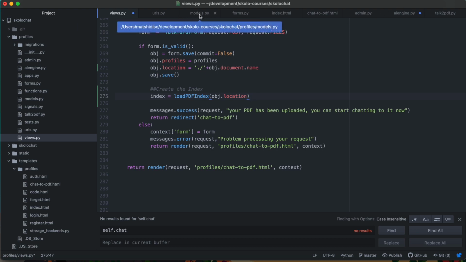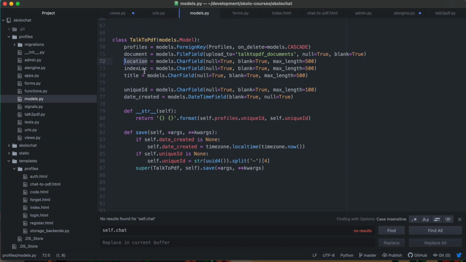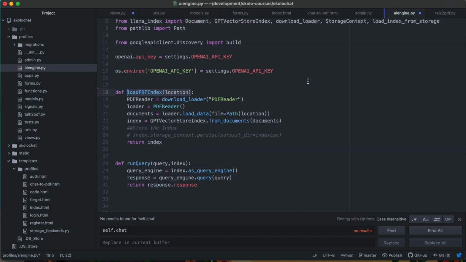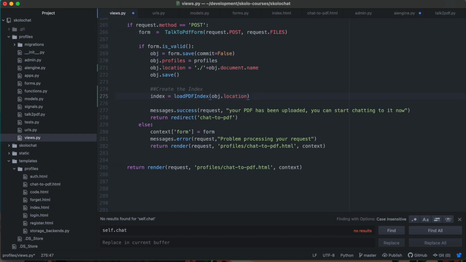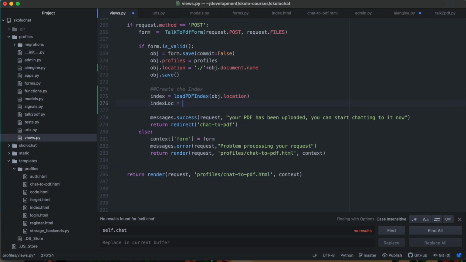But then again, if you look at our models, this is actually the index location. No, this is not the index location. This is just the location. The index location is going to be a location we define, okay? This is now where we want to save the index, right? So let's put it in here in the views and say index location is equals to,